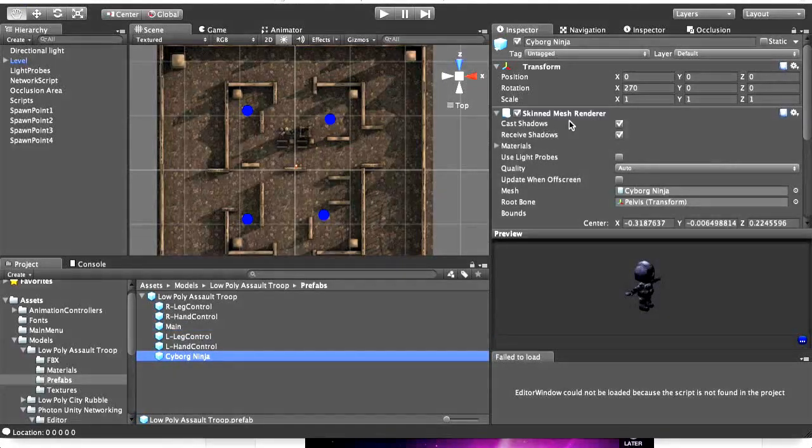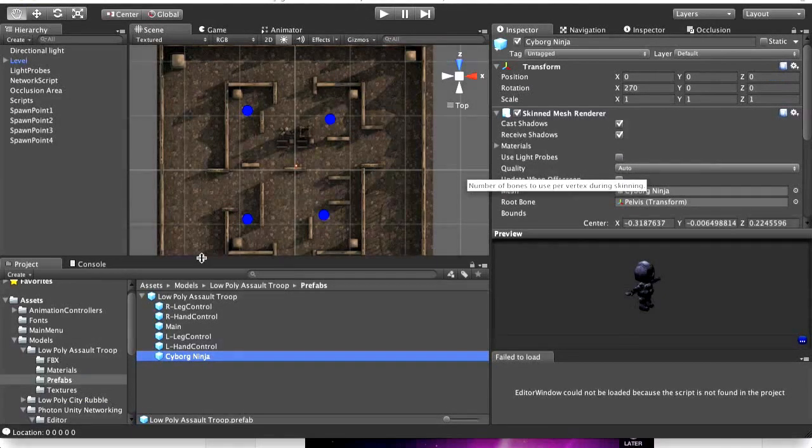Okay. So here, anything that has a mesh renderer, you have the receive shadows, cast shadows. There's an option to check use light probes, which I have. Maybe I should zoom in. It's right there. So I have that selected on my guy, and what that does is